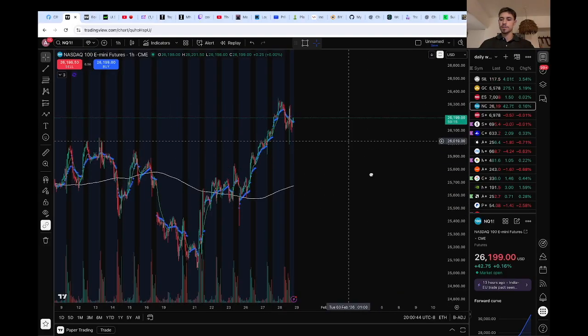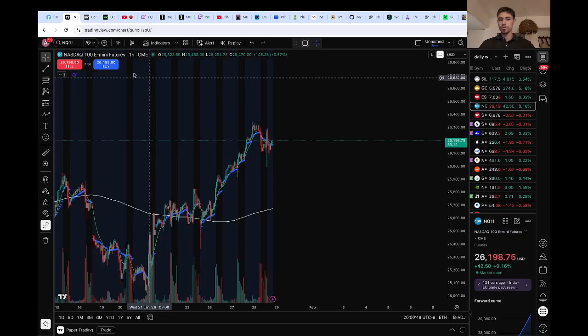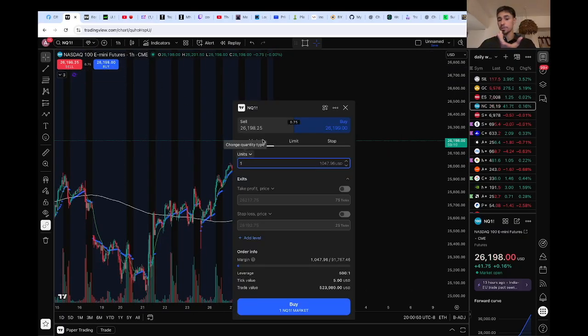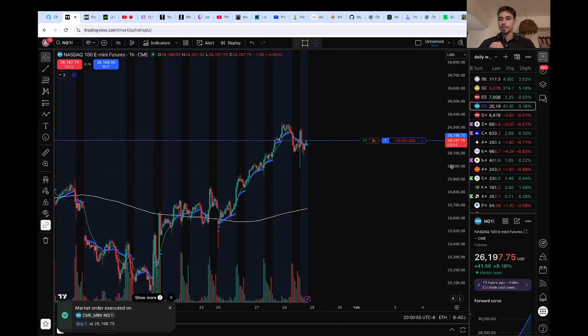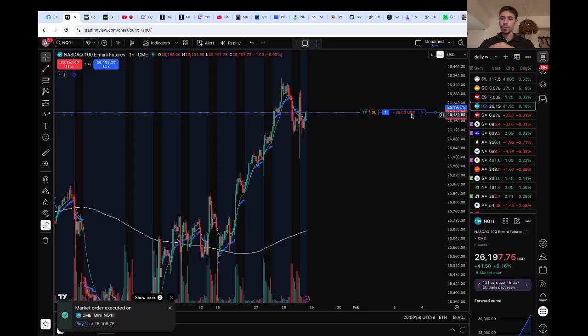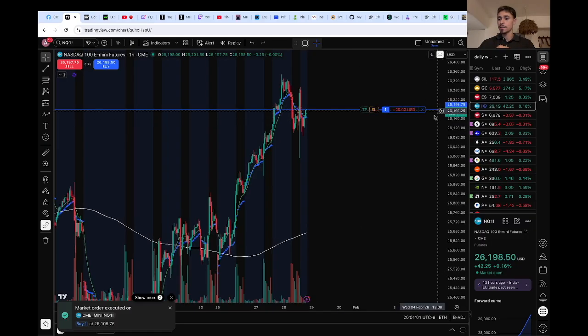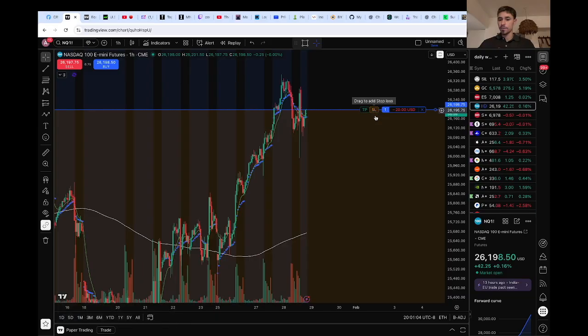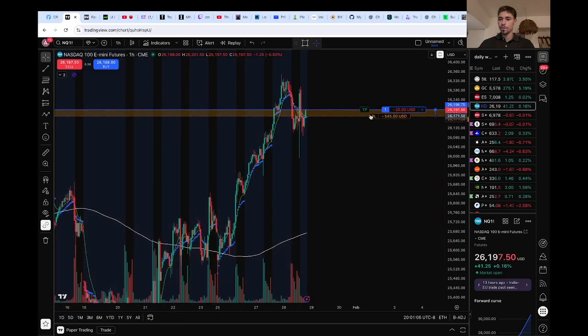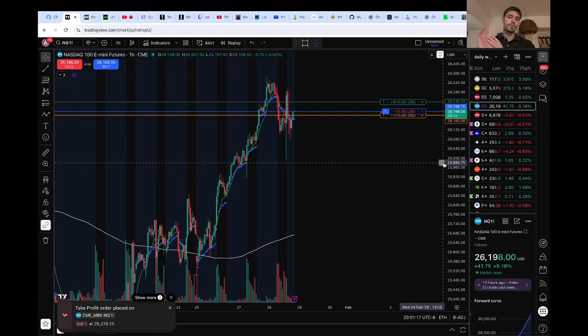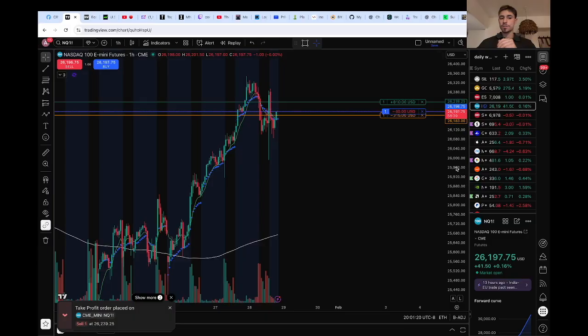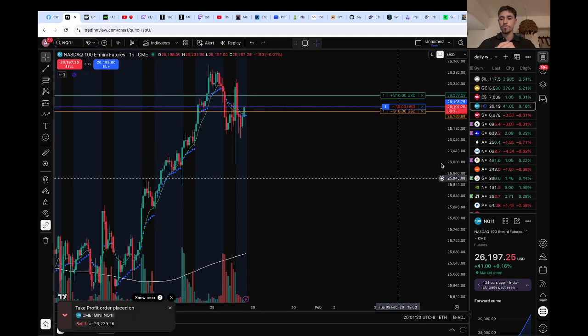Let's say you want to practice on the NASDAQ and you want to go long, you just click buy. Units is going to be contracts pretty much, and I just click buy if I want to go long. And so the same thing, wherever that line in the middle is where you enter. So 26,198 is where I entered. Let's say I want to have a stop loss down here at 188 or 183. And I want to have a take profit, let's say up here. Then I just click confirm. And that is how you can start practicing before you even take a challenge, right? So this is a great way to practice on TradingView.